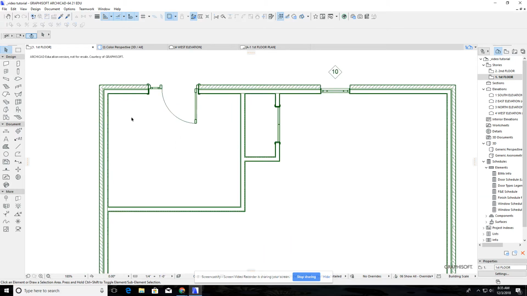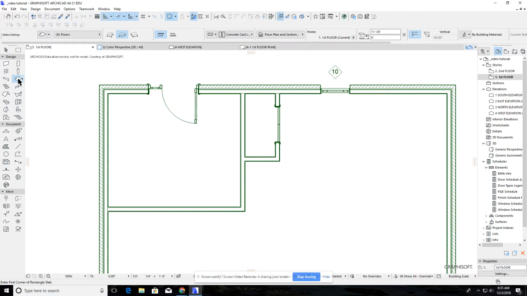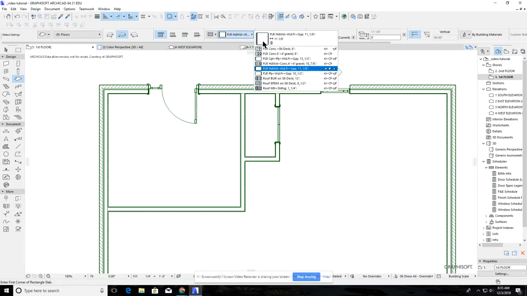Now with this one here, we're gonna use the slab tool, but this time we're gonna use a composite method instead of the basic. Okay, composite, just like the walls, you can change whatever you want. The way we're going to reference this is wherever we set this, it's going to put that, and the rest of it's going to go down below. So what we do is we come here to this,